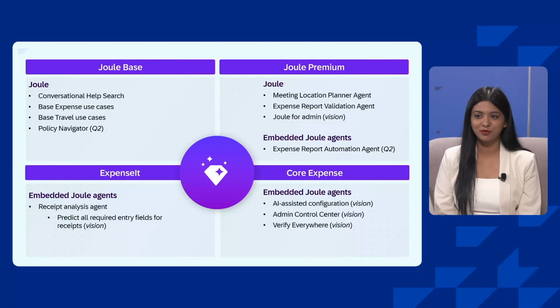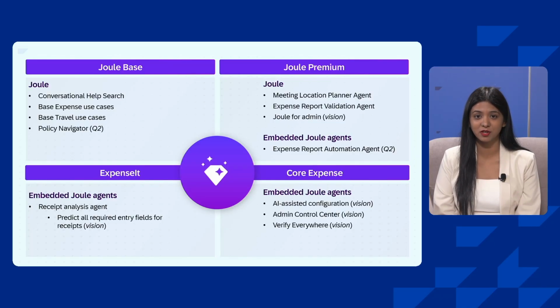Let's summarize what we have here in Joule Base. In Joule Base, we have the conversational help search. We have the base expense transactions. We have the base travel use cases in the travel booking agent. And we have Policy Navigator, which is already live for our early adopter care customers and going to be generally available soon in Q2. As part of embedded Joule agents, we have our Expense-It agent called the Receipt Analysis agent